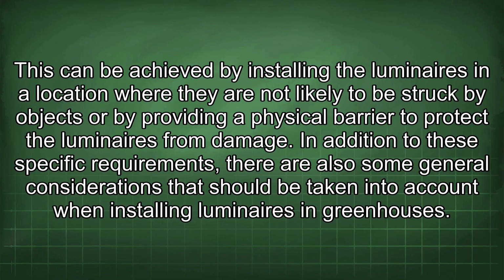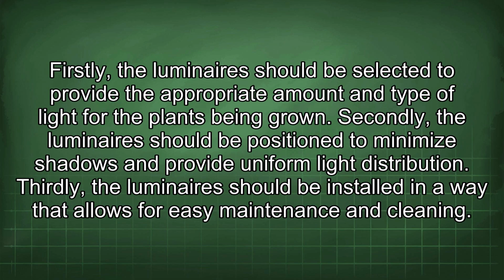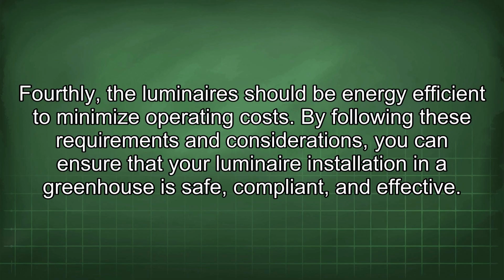In addition to these specific requirements, there are also some general considerations that should be taken into account when installing luminaires in greenhouses. Firstly, the luminaire should be selected to provide the appropriate amount and type of light for the plants being grown. Secondly, the luminaire should be positioned to minimize shadows and provide uniform light distribution. Thirdly, the luminaire should be installed in a way that allows for easy maintenance and cleaning. Fourthly, the luminaire should be energy efficient to minimize operating costs. By following these requirements and considerations, you can ensure that your luminaire installation in a greenhouse is safe, compliant, and